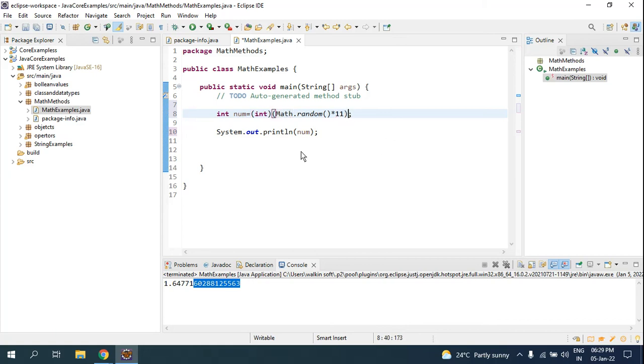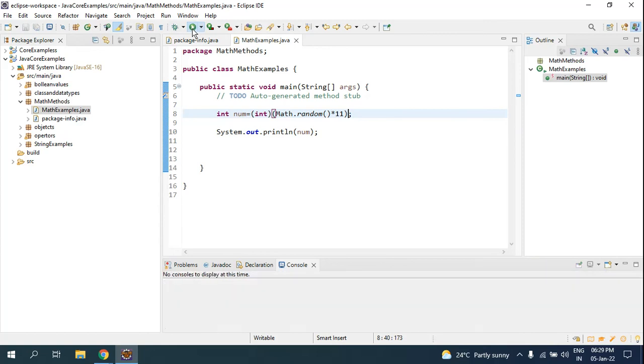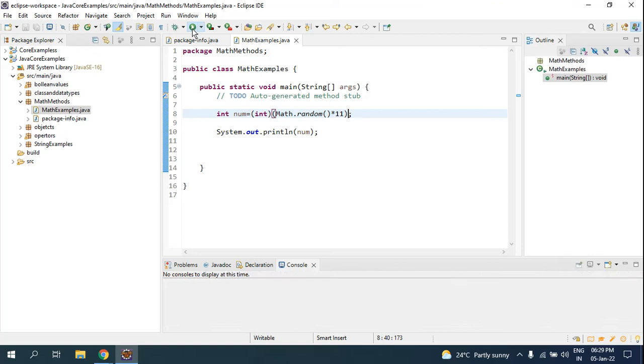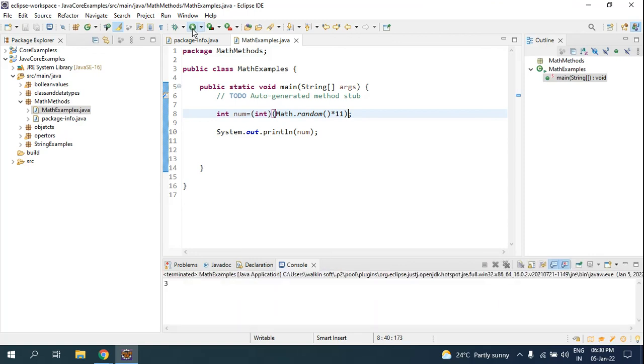Right now, look, I have used typecasting where the random method should give a number from 0 to 10. From 0 to 10, I should get the random number. So whenever I refresh my page, look here in the console, now I got 5. Whenever the application refreshes or runs, every time you get random numbers from 0 to 10. So these are the math methods available in Java. Sometimes it gets the same number, but it's a random number every time the application runs.